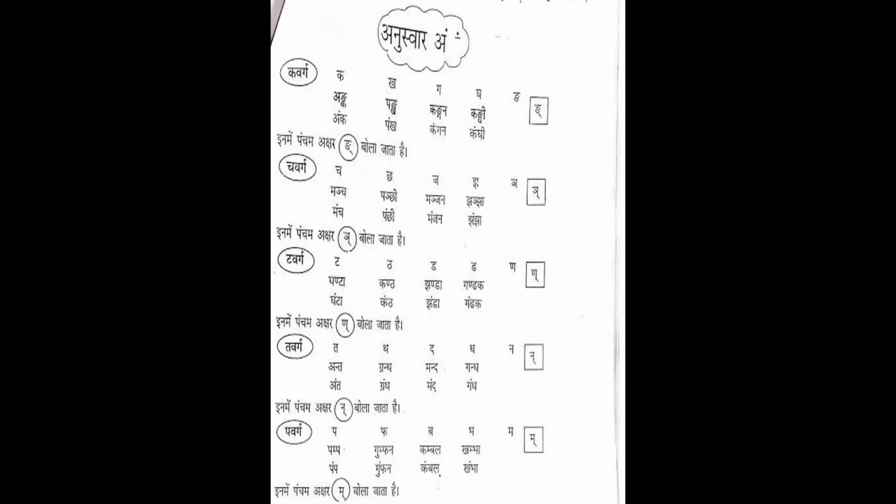Then after the half letter words, I told you the dot rule, no, children. So ank. Okay, ank. This is the form. Punk. You can write it; if you remove the dot, it will become like this. Kangan. If you remove the dot and write, this is the way. Kangi. The dot sound is nya or ang.